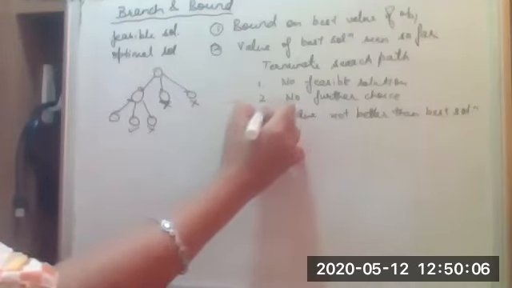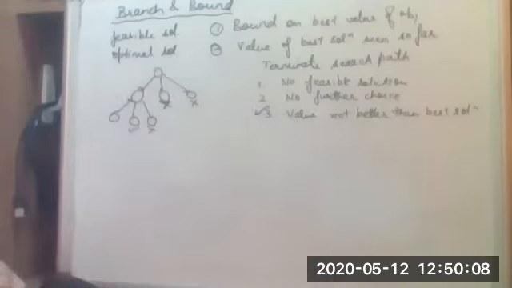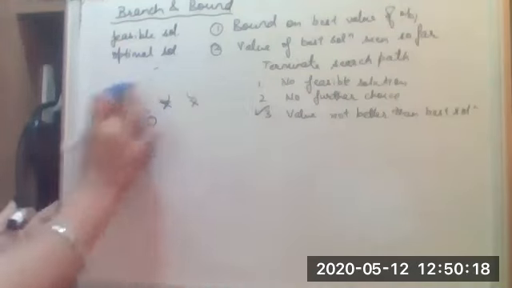So this is the main objective, main functionality that will help us to reduce the size of the state space tree. So let's quickly start with the assignment problem. And what is this assignment problem? The assignment problem says that